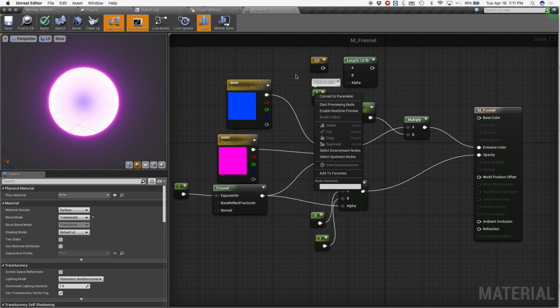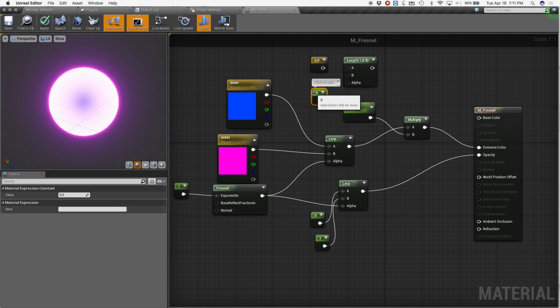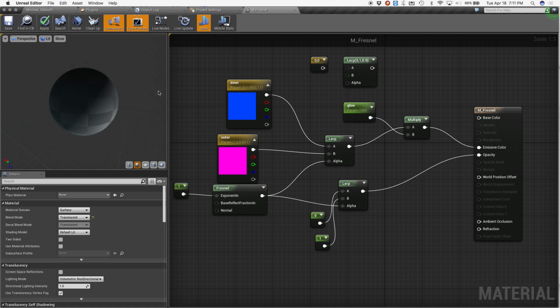So you see, you just start building things out a little more complicated, and now we're going to play with this a little in the content browser. We have 2 colors and a glow value that we can play with. But it's a parameter, and it's not allocated to memory to be able to be driven in real time. It's not dynamic yet. So to do that, we need to create